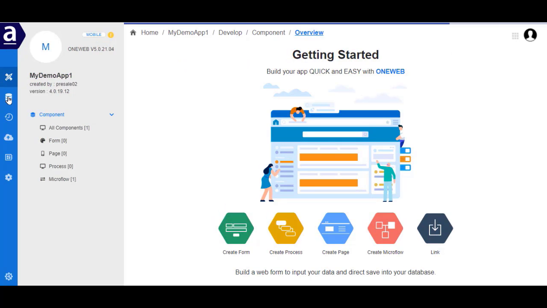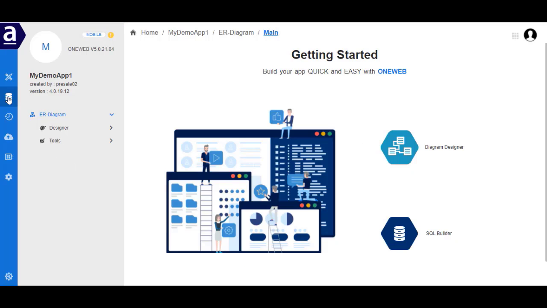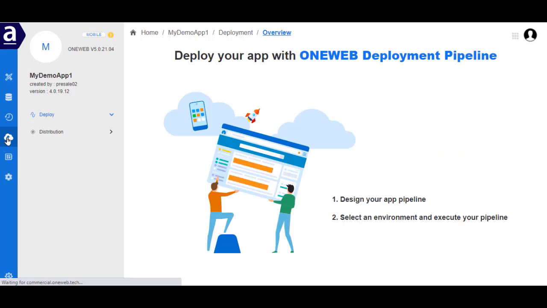AppSpace is also equipped with tools like Database Designer to create ER diagrams, generate SQL queries, and Data Viewer to view data from the database directly via an AppSpace. OneWeb supports microservice and multi-cloud architecture. You can choose it to run on any cloud provider, build your pipelines using Pipeline Designer to create full DevOps cycle, all by using an AppSpace.